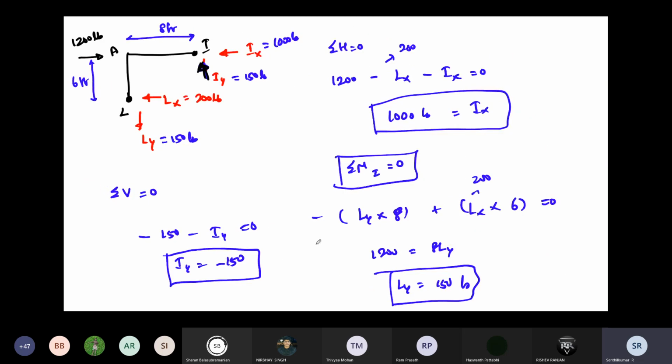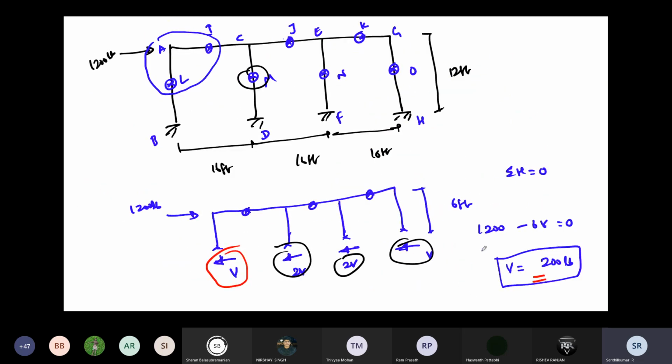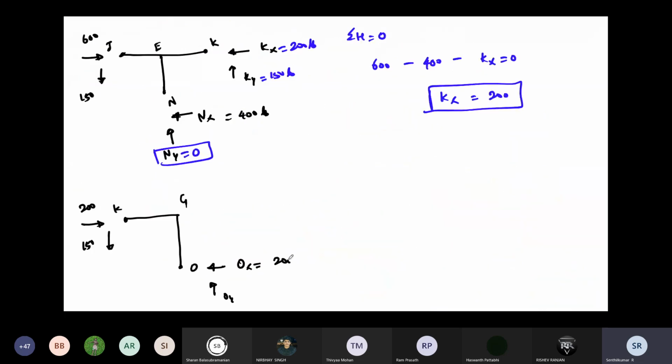Already we know what is Ox. There is the external column, only V, so we are having 200. So Oy only we have to find out. Because this 200, this 200, finally you can easily justify your things are correct, because this horizontal 200 and this horizontal 200 automatically become 0. Sigma H equal to 0, so your problem is correct. Then again, sigma V equal to 0, this is downward, this is upward.